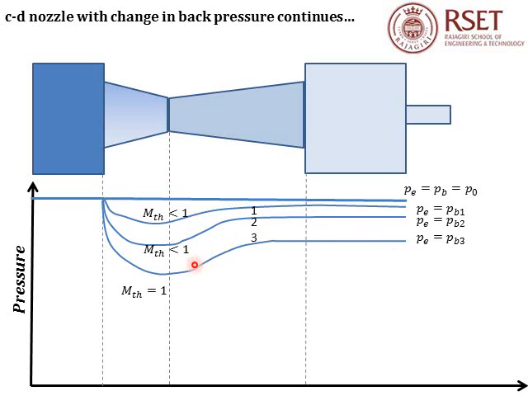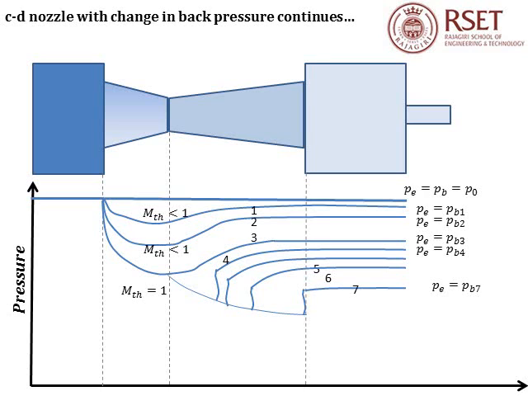So even though Mach number becomes equal to 1 at the throat, we see that the duct is still acting as a venturi because the back pressure conditions create a very adverse pressure gradient and the flow takes the easiest path, that is decelerating and smoothly merging into the settling chamber condition. So the exit plane pressure will be equal to the new back pressure PB3.